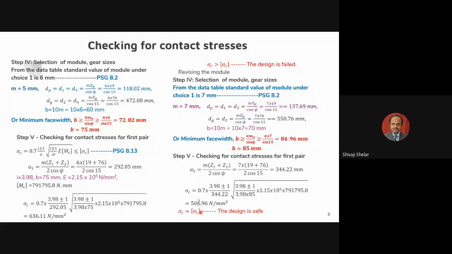So without changing the module value, since this difference is just 1%. When this difference is just 4 or 5%, you can change your design. You can keep your same design, and you can improve the material property by heat treatment. Here I have not written that note, but you can write that note at the bottom after solving this problem. You can accept this design with module of 7 mm by providing additional heat treatment to the gear surface. Okay. So we are finalizing module as 7 mm, and now let's go for the dynamic load calculation here.